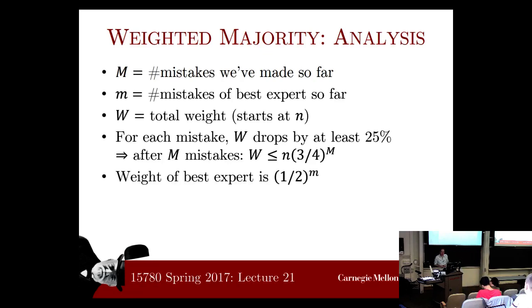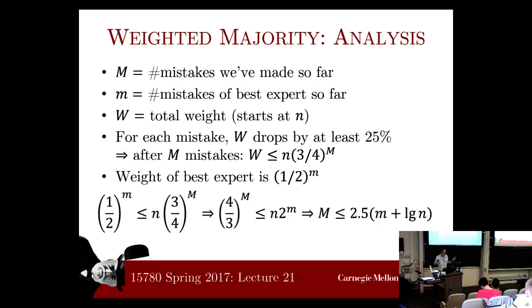Now, what's the weight of the best expert? Well, every time this expert makes a mistake, its weight gets cut by 1/2. So after small m mistakes, its weight is going to be 1/2 to the power of m. It starts with 1, and every time gets cut by 1/2, so 1/2 to the power of m. Now here's the beautiful thing. So we have these two things. Now all we're saying here is the weight of the best expert is at most the total weight in the